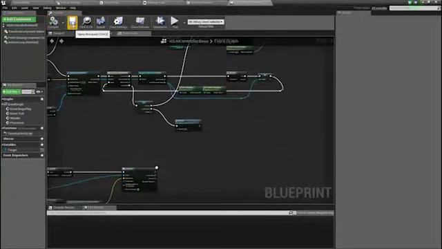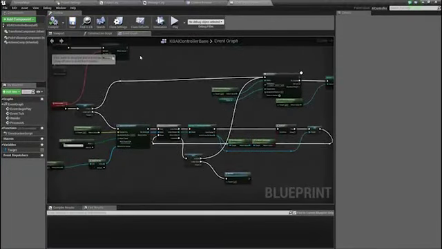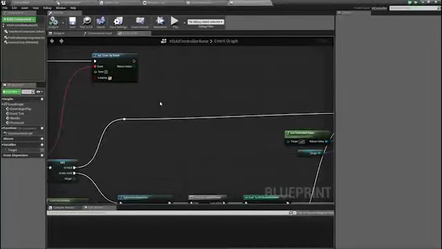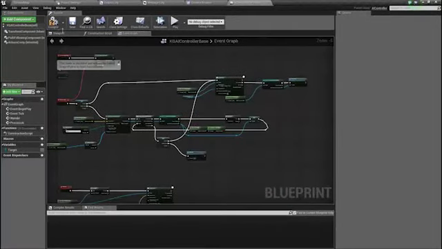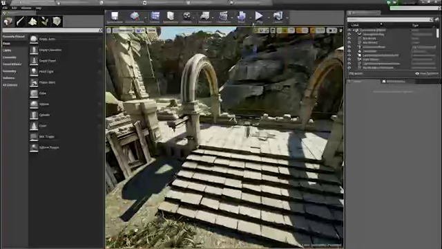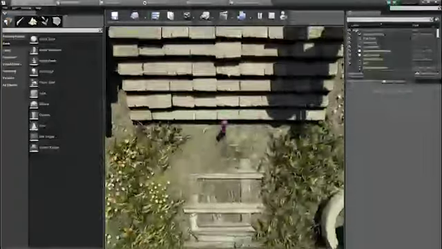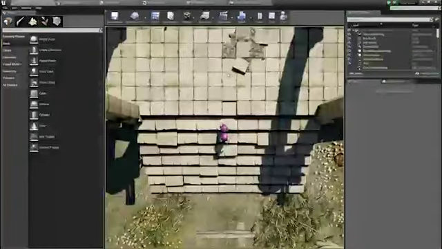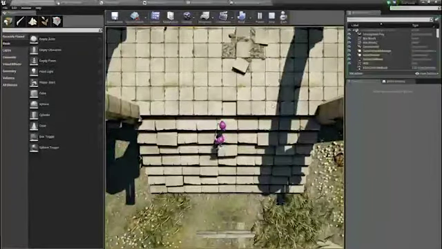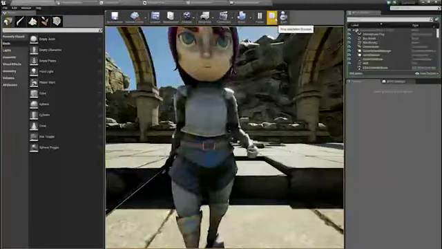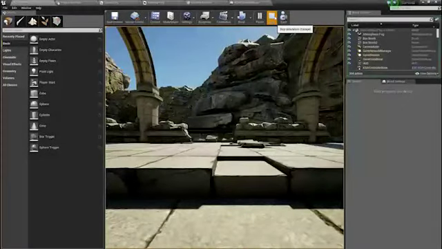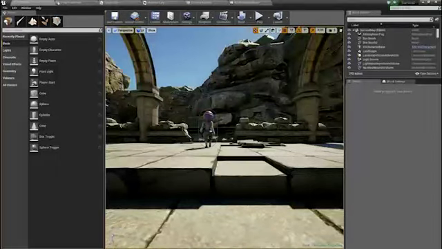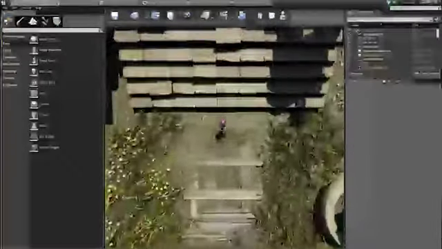So compile, save. Now I'm also going to reduce this timer from 5 to 2 seconds, to check a little bit more regularly. And now if I run up top, you can see that she ran up and she hit me, and I'm dead. So that worked quite well. And that's it. That's all it took to get some basic AI running. If I wanted to play against it this time,